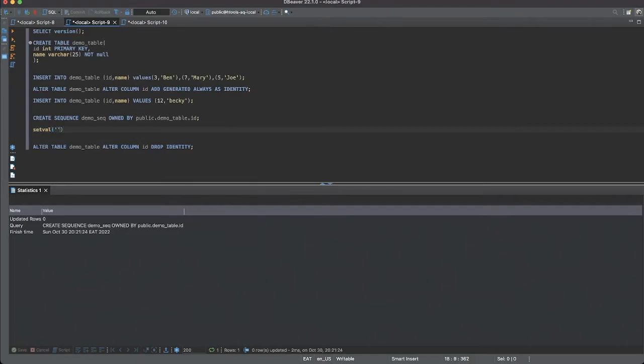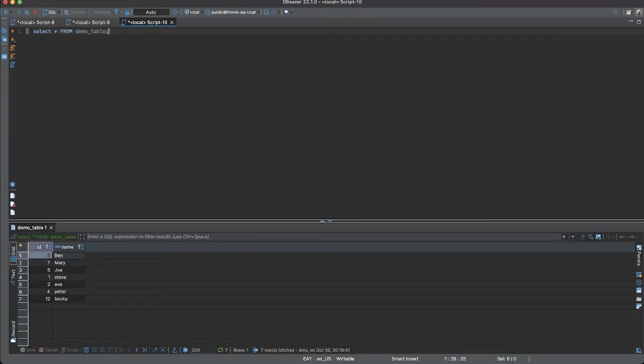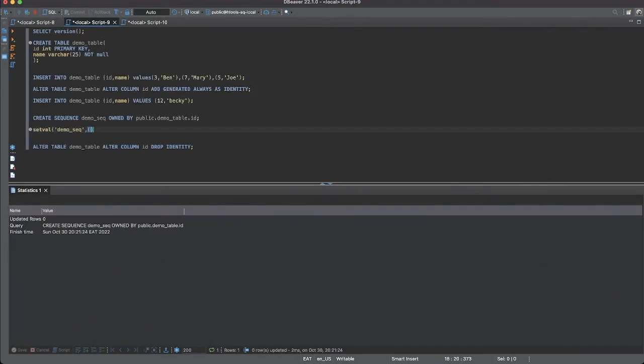The first parameter is the name of the sequence, and here is the value that we want to set it to. In my case, I want to set that value to the maximum value found in the ID column, and that will be 12. So in this second parameter, we just return the value from a select statement,